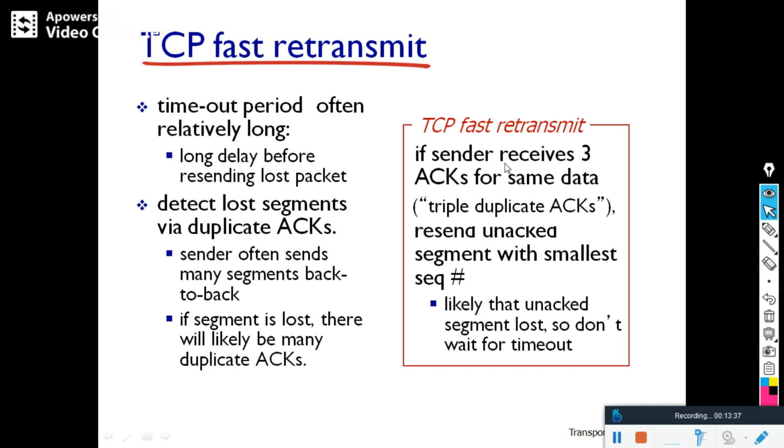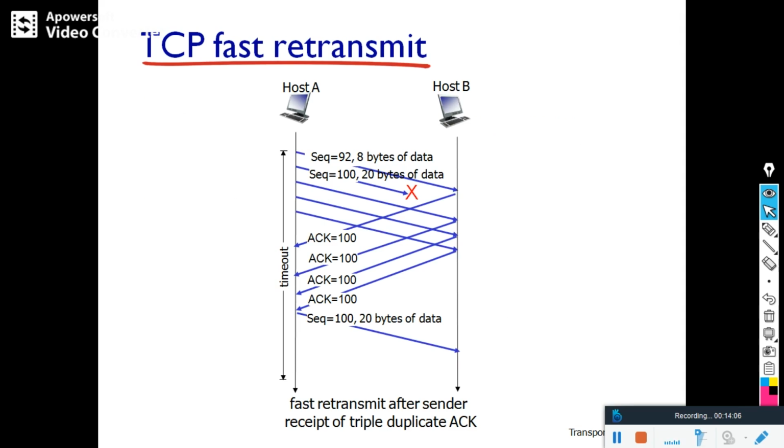If the sender receives 3 duplicate acknowledgements of the same data, then it is an indication that the receiver has received the segment and our sender need not wait for the timeout. It can proceed. That is called as TCP fast retransmit.